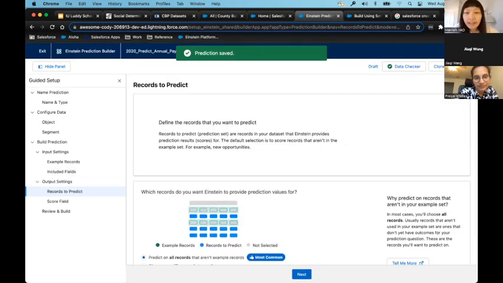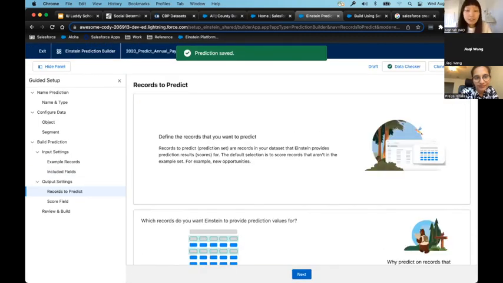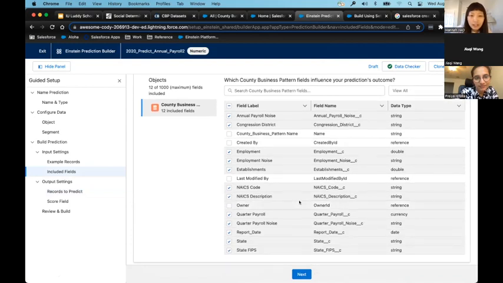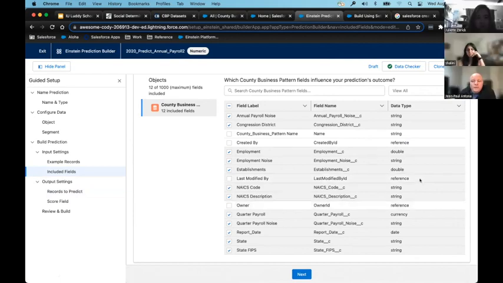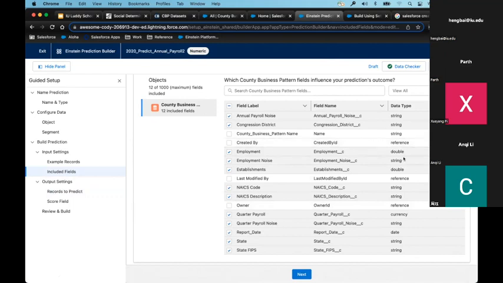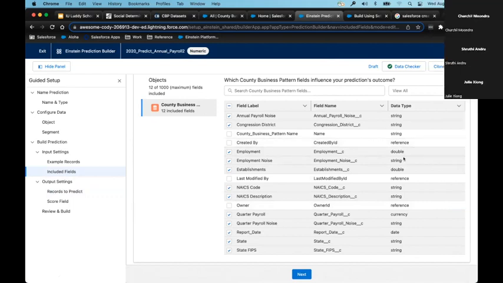Hi, I have a question. Okay. About the overlay side of the data attributes. They have different types of data when we save the data and activate. I don't know what the difference is, like if we choose a different type of data, what will happen? Yeah, that's a good question. You're right, and that is an important factor to the models. Some of this data is numeric, some of it is string. How does that impact the model? There's a lot of science to that. I won't be able to fully answer your question, but